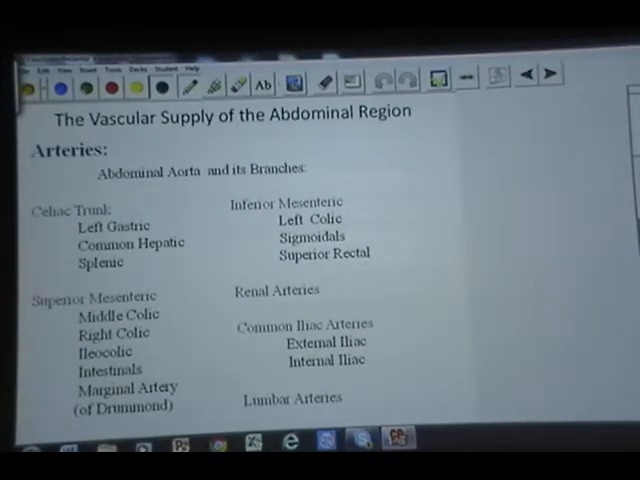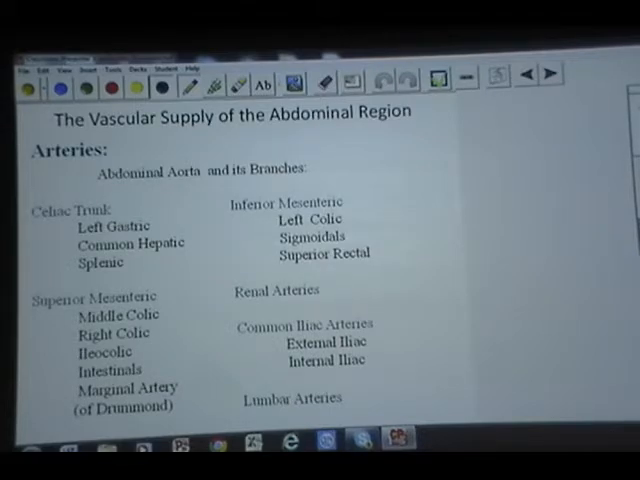Okay, so the vascular supply to these organs comes basically arterially from the abdominal aorta. The celiac trunk supplies the stomach, the liver, and the spleen. These are relatively large arterial branches that come off of this trunk. The superior mesenteric, which is just below the celiac trunk, is giving off branches to the colon, the large intestine,